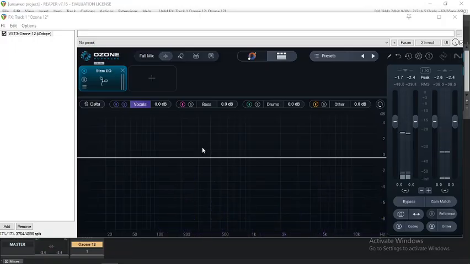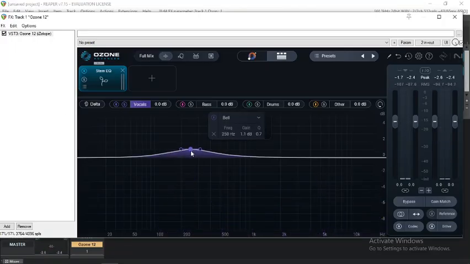You can EQ separately from everybody else. You could solo it, turn off the power, turn it on. This is a big thing for mastering, which would lead me to ask, is this really